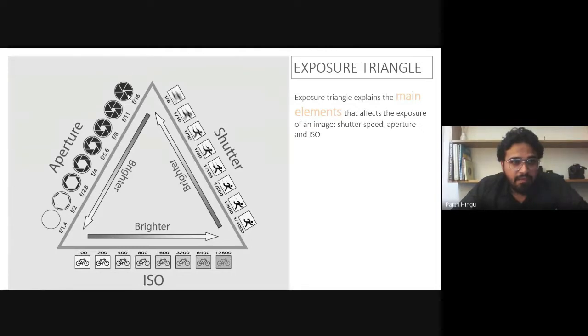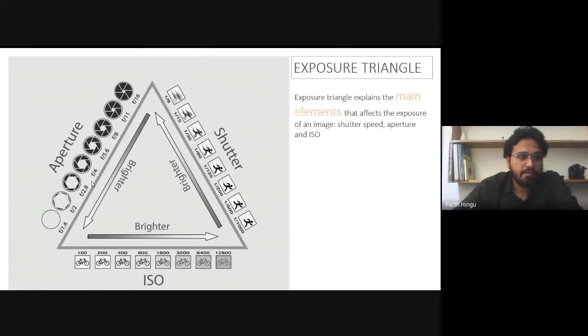So here is the aperture, f16, a smaller aperture, as I taught. When the aperture is very small, it will not allow much light.